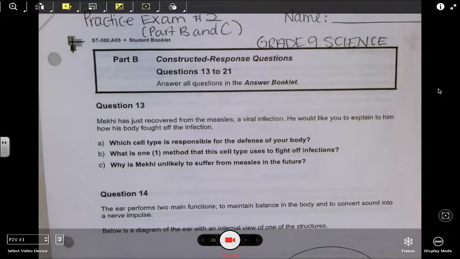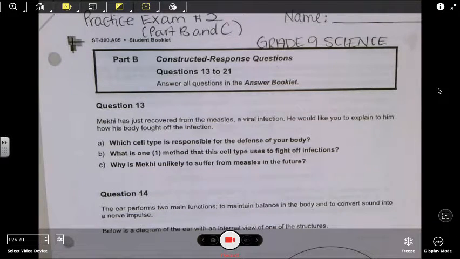Oh, I just have Brooke's question really quick here. Hi, Miss, could you go over the reproduction part of the checklist after the practice exam? Yeah, for sure. And thanks for putting that out there. I do want you guys, at the same time, if you have questions from the checklist, type that stuff in, because I think it's good for us to go over the checklist as well. So if you have questions from the checklist or parts you don't understand, go ahead and type that in while we're doing this and I'll answer them after.